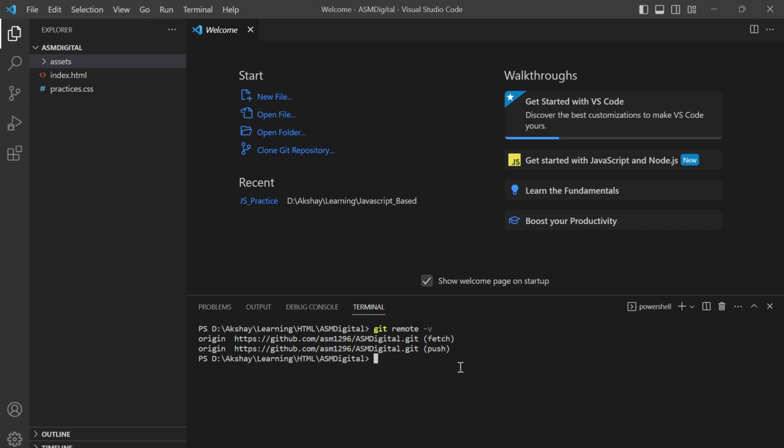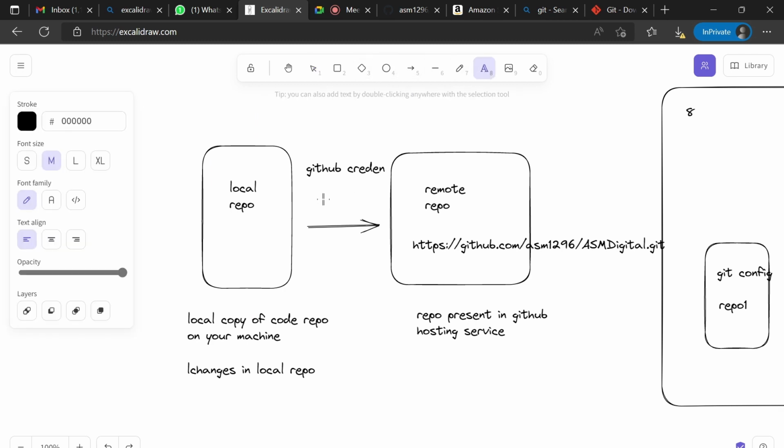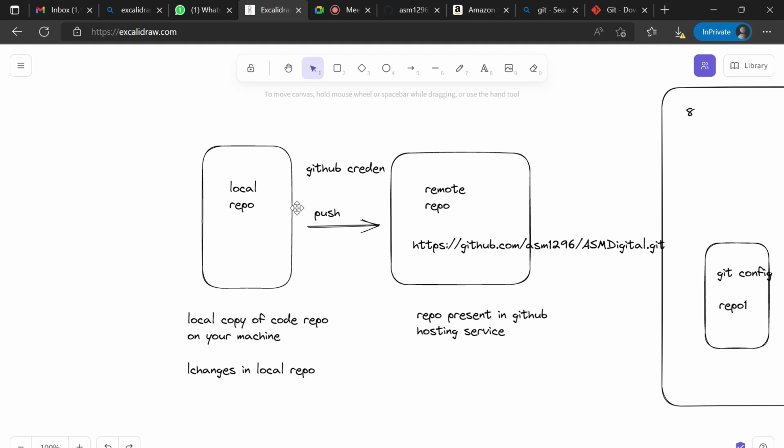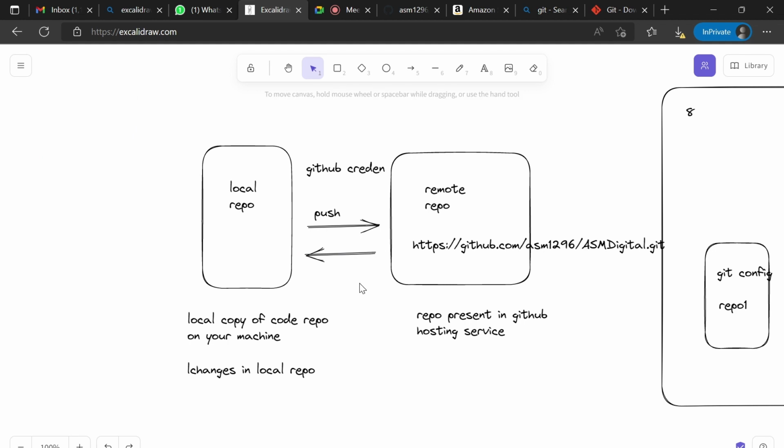Push means push from local. Here it is push: we are migrating changes from the local repo to the remote repo. And when we download the changes from the remote repo to the local repo, that means fetch.